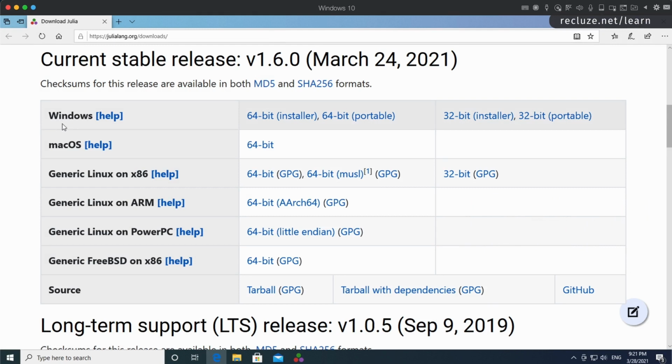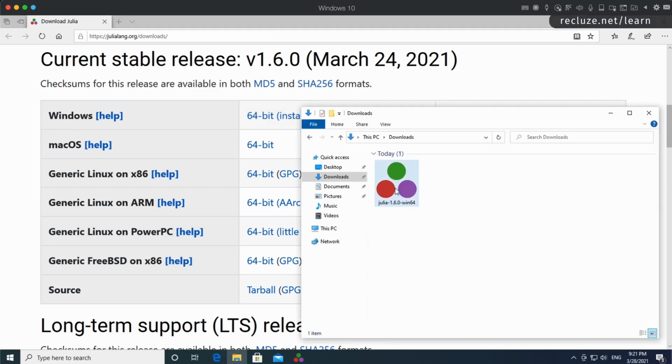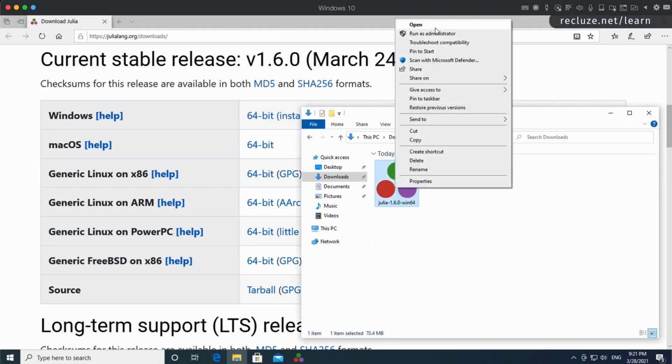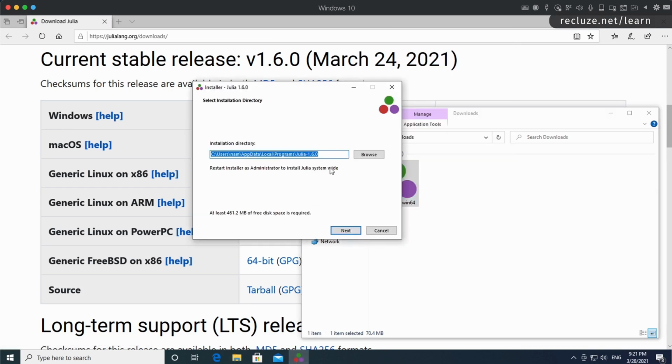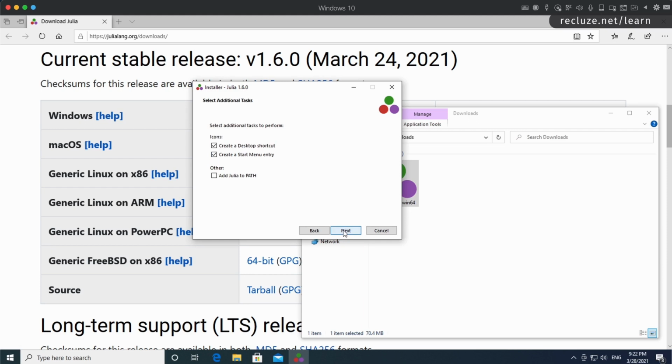In any case, go ahead and download the Windows 64-bit installer. This is an executable file, which you can go ahead and simply right-click and run, and it will set up the installer for you. So the only thing that you should be doing over here is changing the installation directory to something simpler like c:/Julia 160 or whatever you feel like. So something simple. Okay. Hit next. This is going to show you some options and just keep hitting next and it'll set it up for you. So it's fairly straightforward. So we wait for just a minute while it sets it up.